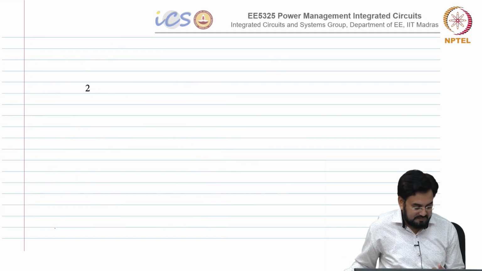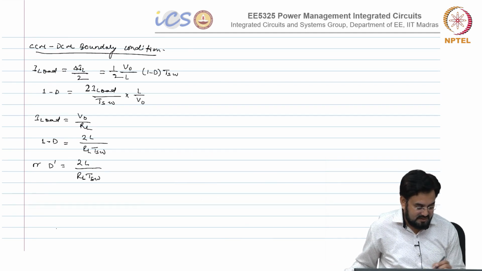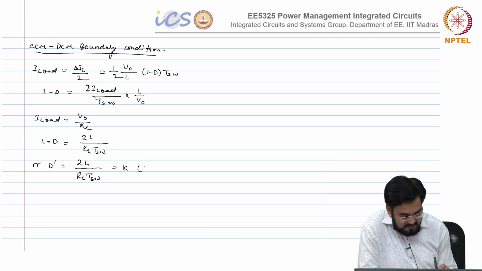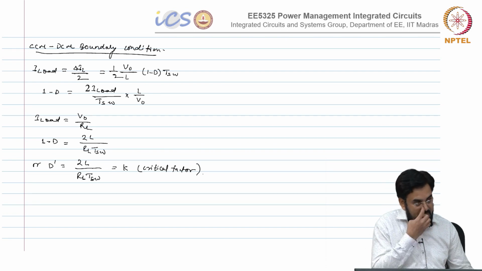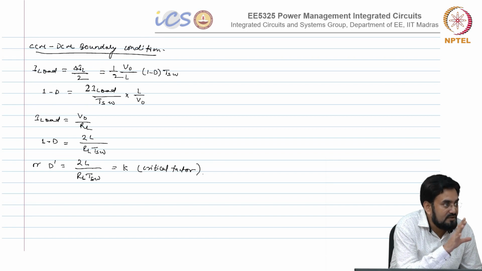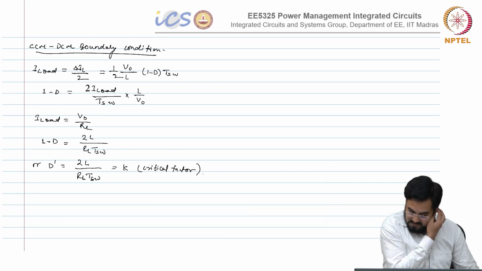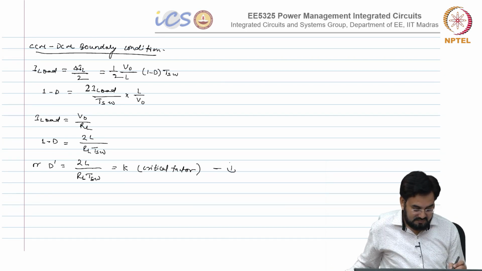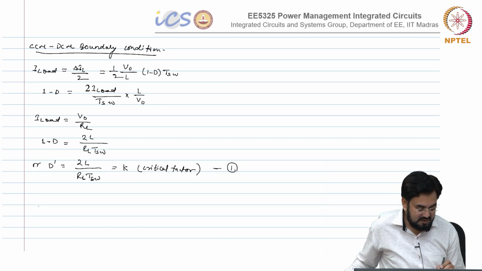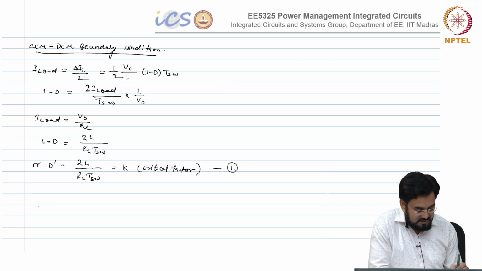Okay. So, this is your boundary condition, and we will call it K, which is critical factor, let us say, and this is fixed based on your inductor, your switching frequency and your load current. So, we will use this equation later. Let us mark it number 1,